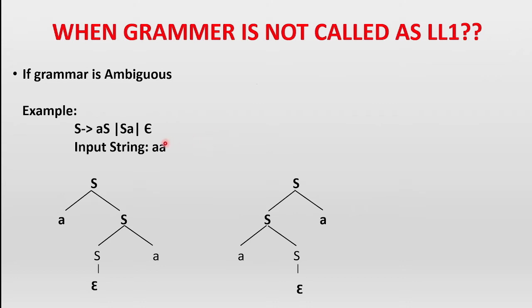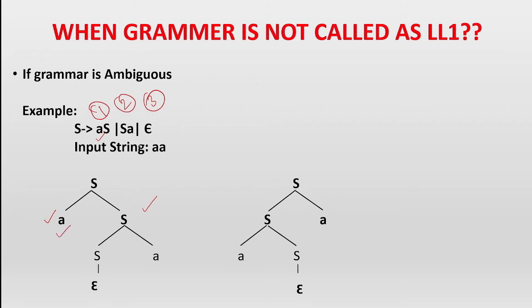So now this string a is derived from this grammar, and we have to check whether it is ambiguous or not. So I'll draw the parse tree. For drawing the parse tree, I have to start from the start symbol, that is S. From S, I can use production number 1, 2 or 3. There are 3 productions of S. Now I am taking production number 1, so I have taken a and S. I am going from left to right. A small a is a terminal, so I cannot derive it further.